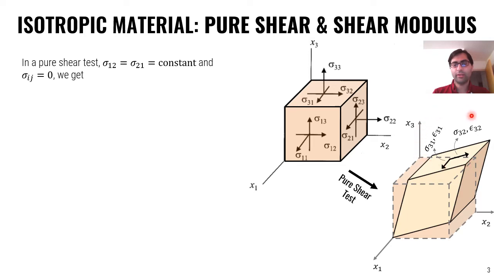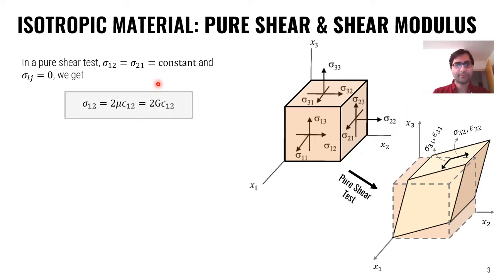So we get only sigma 31 and sigma 32 without any sigma 33. So just know that, and here we're working on the plane normal to x3,